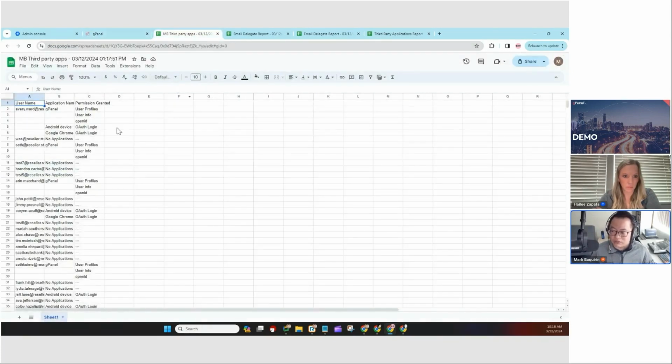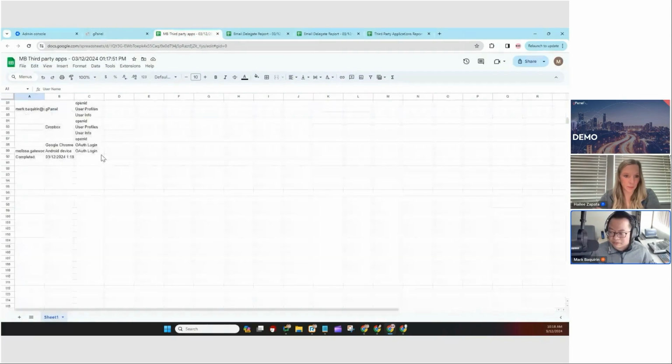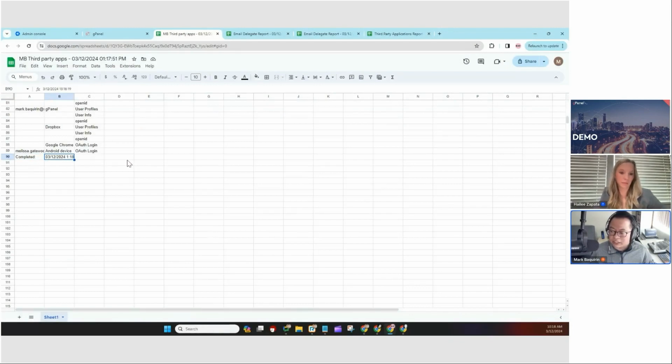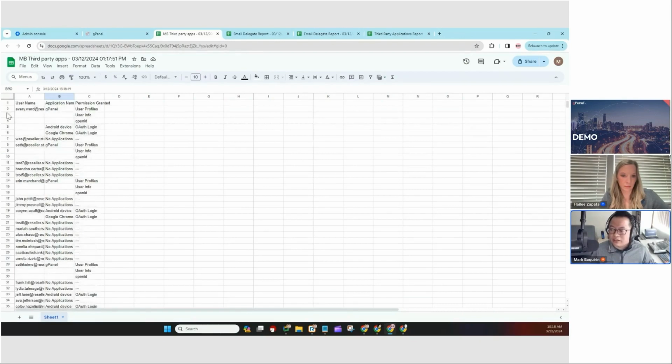The report will continue to run and you'll know that it's finished when you scroll all the way to the bottom and it'll say completed here, give you a date and time and maybe some additional data sometimes depending on the report. But as you can see here,